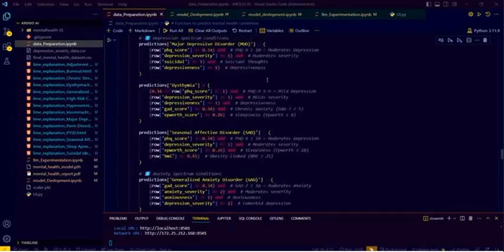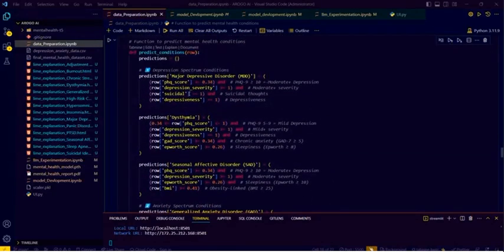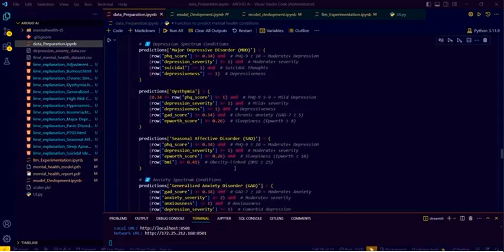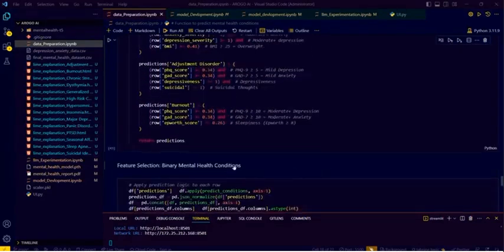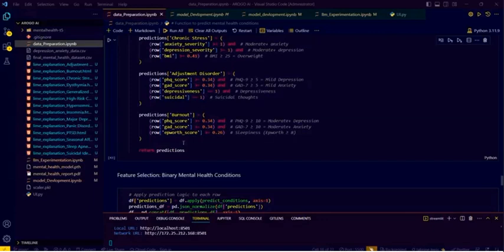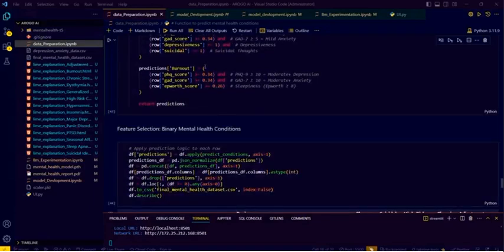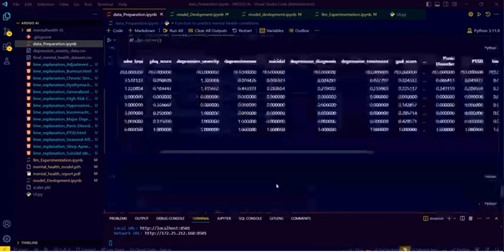I categorized them based on their symptoms, and these were binary encoded. I made them through the logic I have written. I considered 2 or 3 symptoms for each kind of condition, and I applied logic for each of them. So this was feature engineering. We would be predicting all these 15 kinds of mental health conditions in model development, where we would be training these.